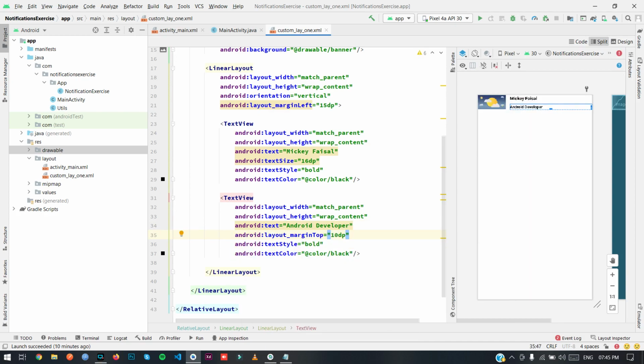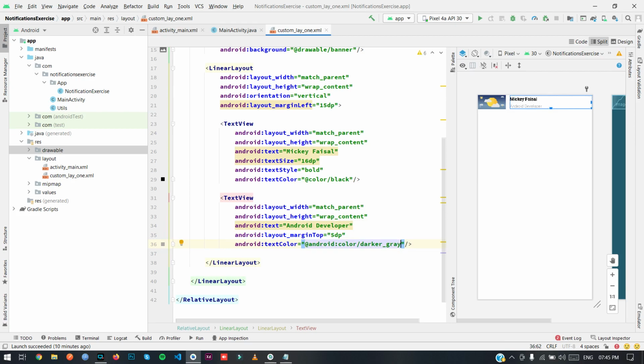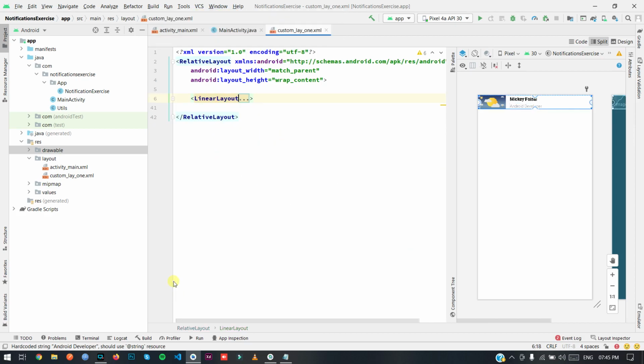Margin top will be 10. So just set it to 5, and text color Android darker gray. Okay, just fine now.